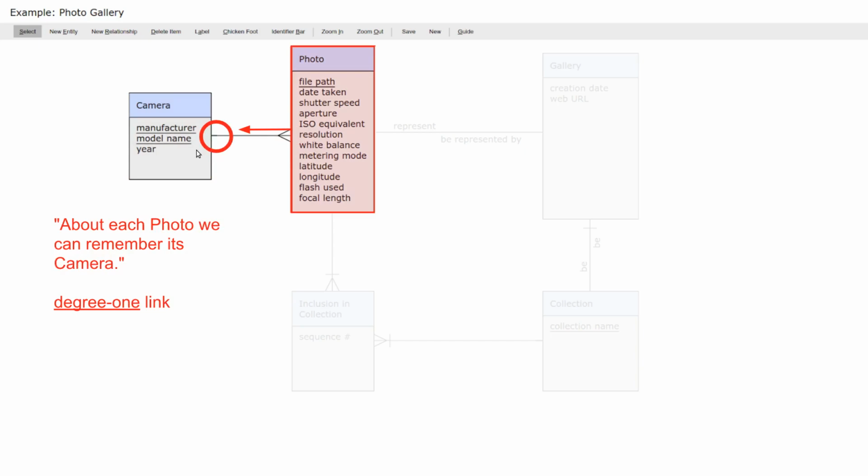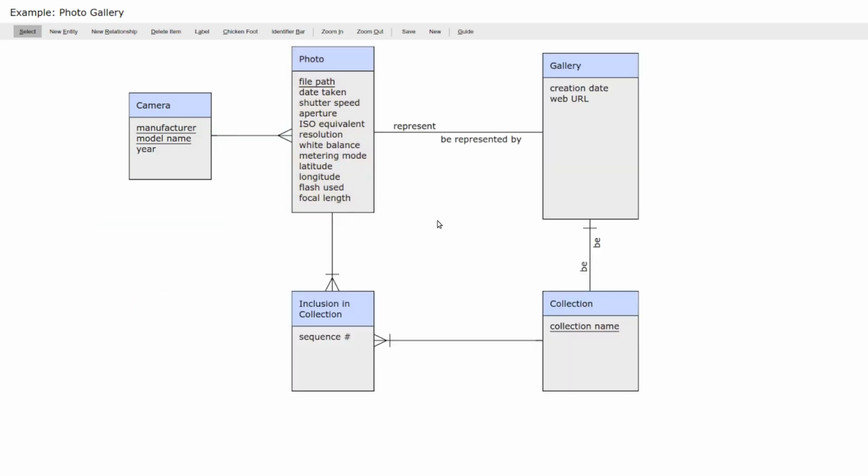Notice that in both cases, the symbol is on the opposite side of the relationship from the entity that we're describing. That's only the case for chicken foot. For labels, which we were just showing, and bars, which I'll get to later, they're shown right next to the entity that we're describing. There's a special kind of relationship called a to-be relationship. It's labeled B on both links. This relates entities that are different ideas, but might be the same physical thing.